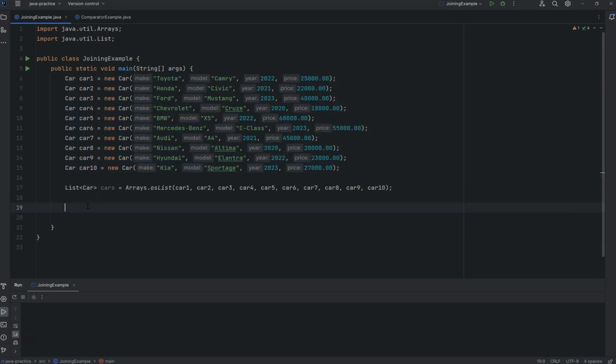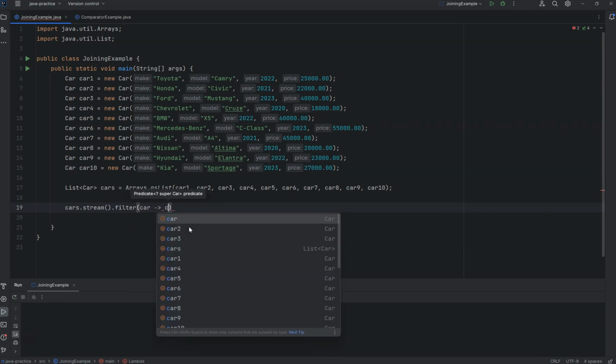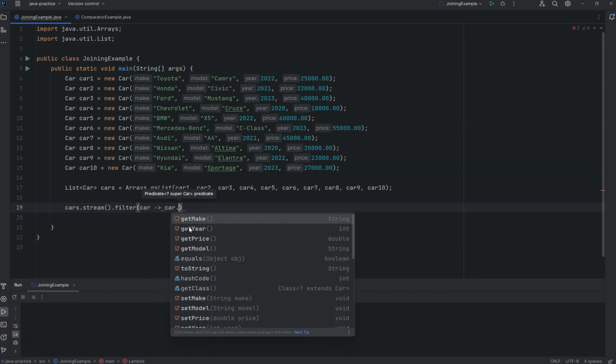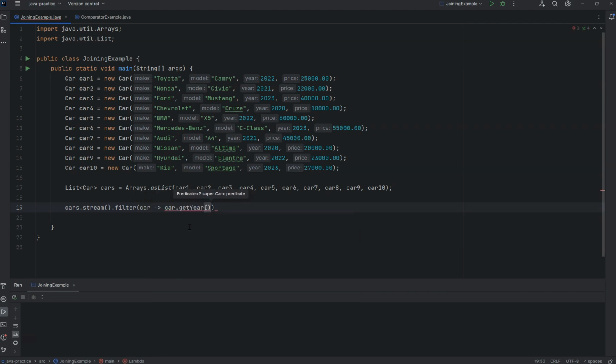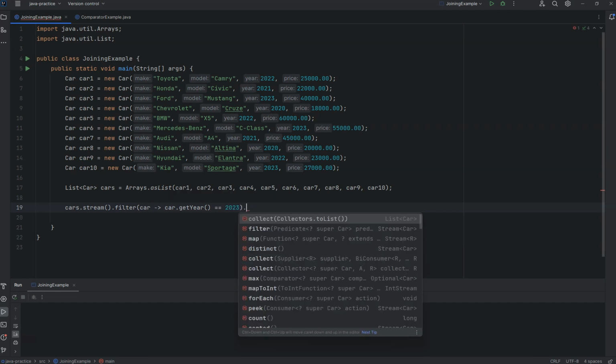So first I need to get the list. First I need to get the strings. Okay, so for that I will be taking the make of the cars which are from 2023. For that I'm converting the cars into a stream, and then I'm filtering the cars whose year is equal to 2023,